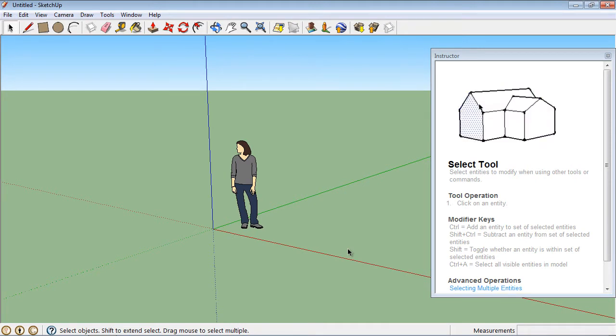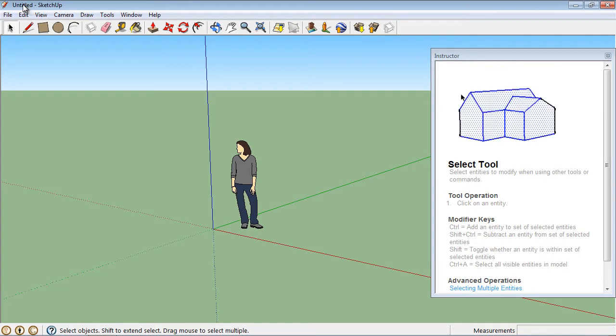My name's Braden. Today I thought I'd show you a quick overview tour of SketchUp just so you know what you're looking at here. So let's start up at the top. They call this the title bar, and it displays the name of your file and SketchUp version that you're using. So right now it says untitled just because we haven't saved this file yet, but if we did, it would